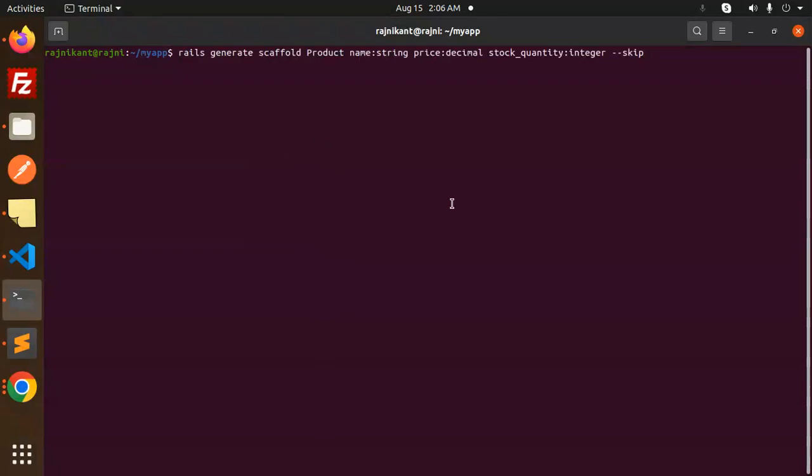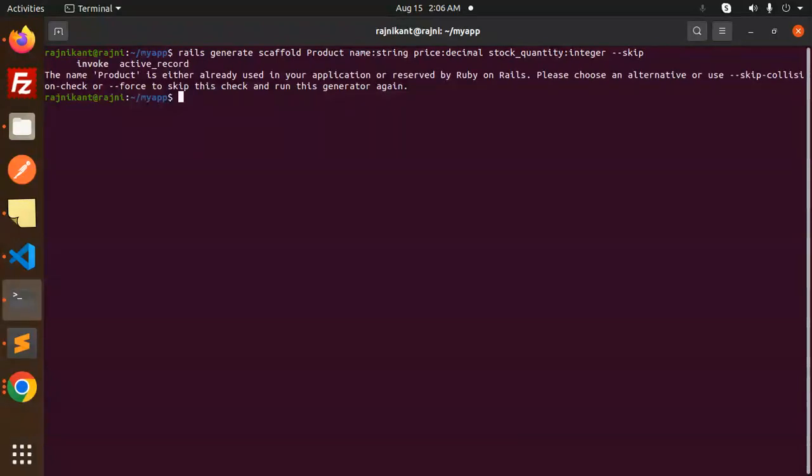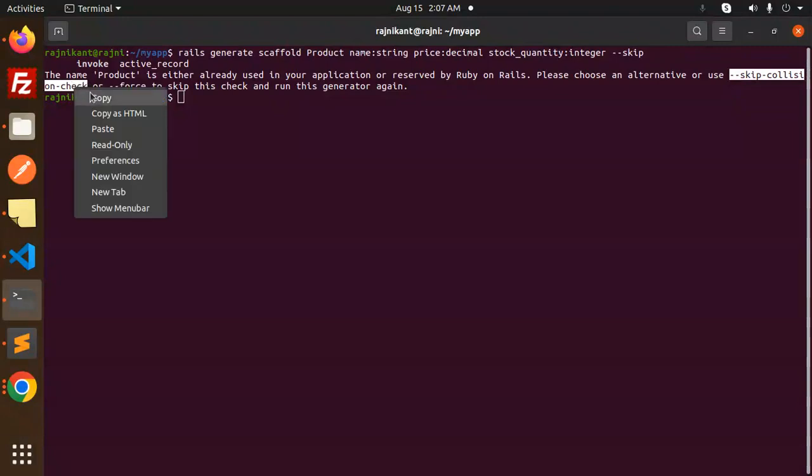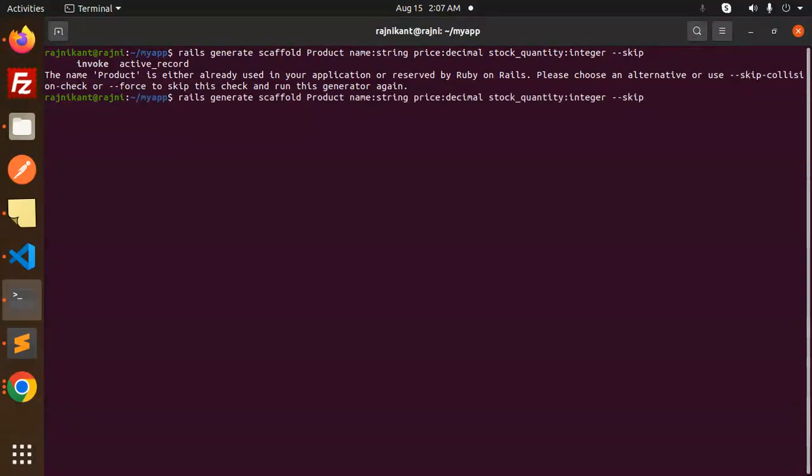So let's try to run it, and here you can see what it says: choose an alternative, or use skip collision check, or force check, to run this generator again. So you can choose an alternative or use skip collision check. You can also go with this one, or just copy this and add it. If it is saying something like this, skip collision check,